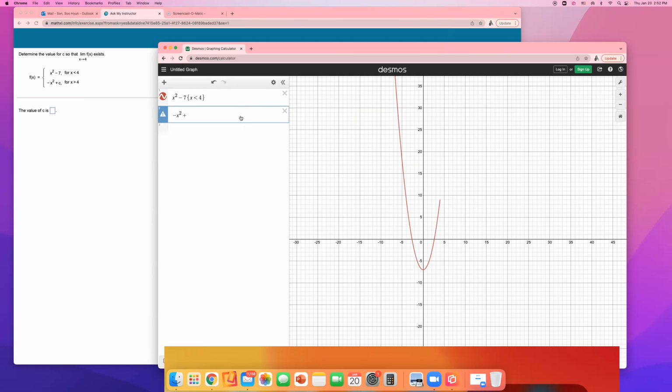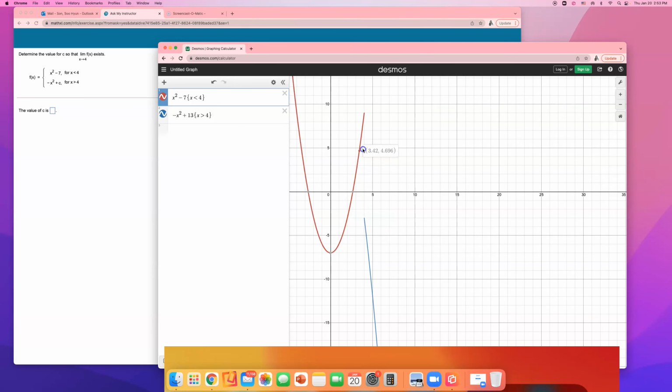Now, they never gave us c, so what we're trying to do is come up with this c value. So I'll be random here and just pick any number. My birthday is March 13, so I'll put 13. I may be wrong, but hey, that's okay. And then I'm going to restrict the domain for x is greater than 4. The problem is now, if you look at this,